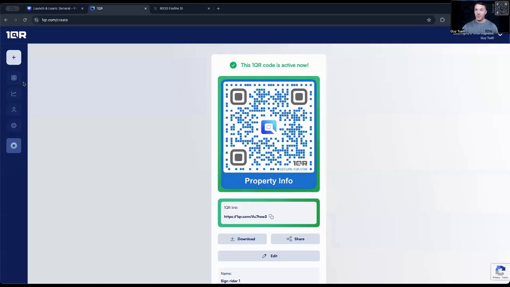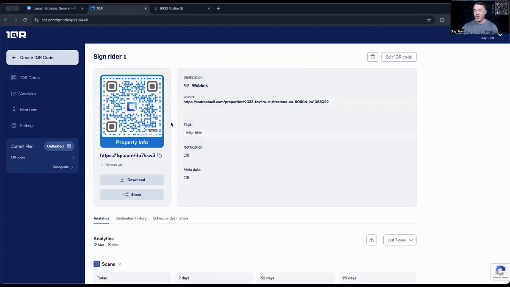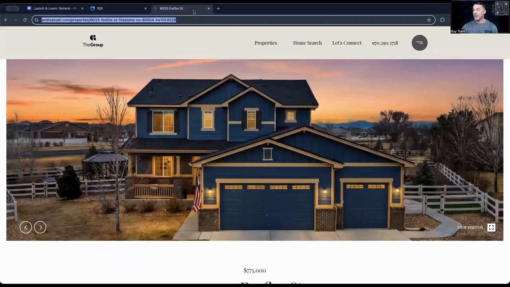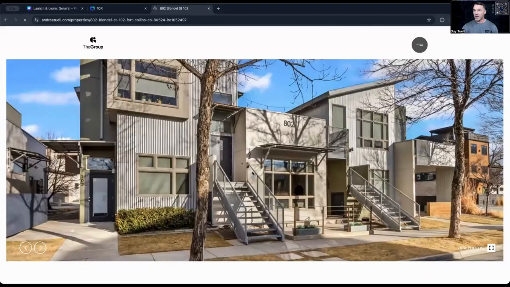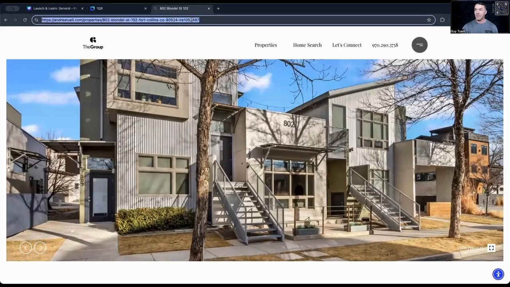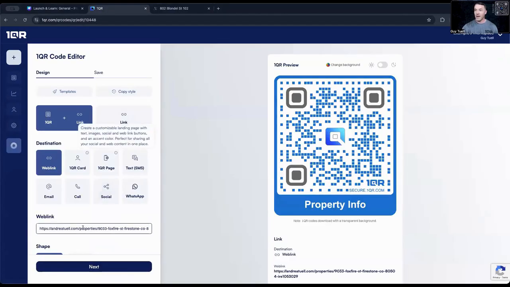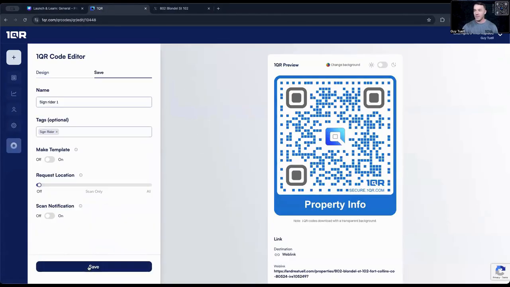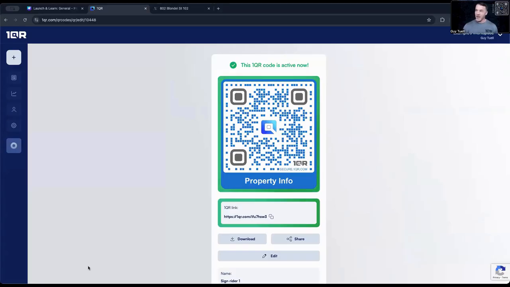It was that simple. I come back in, I can adjust it. Maybe it's for a new destination. This property went under contract. Let's go to another current property. And we move locations. We move the SignWriter. We copy that location, put it in as the new destination. Continue through and save. The sign was moved from property A to property B. Now all the information is about property B. There's no heavy lift in this.